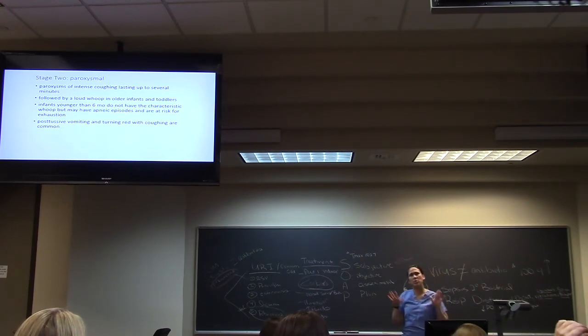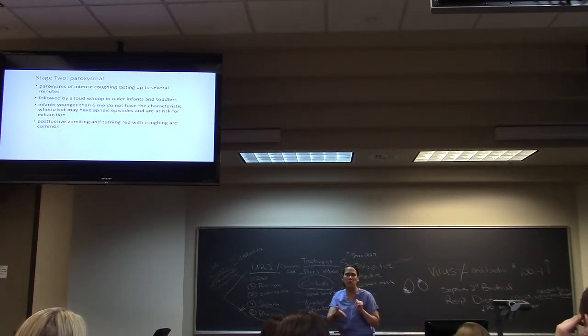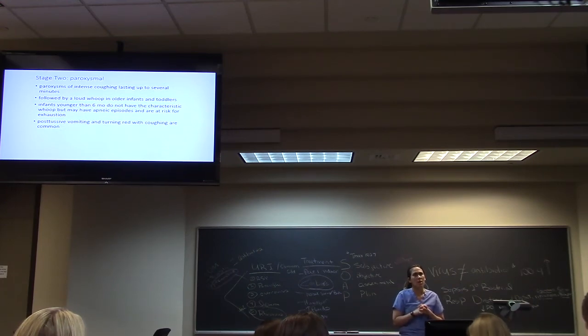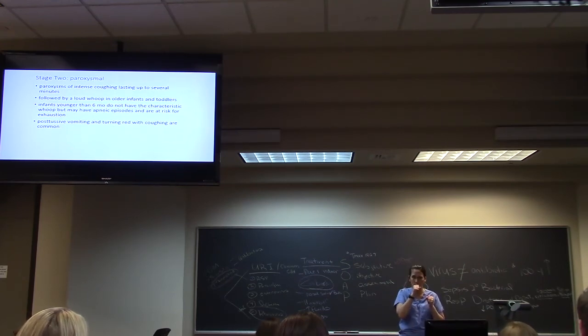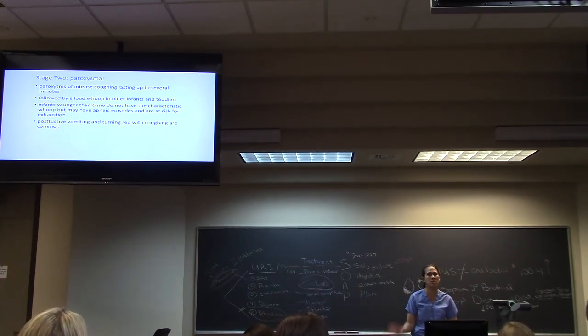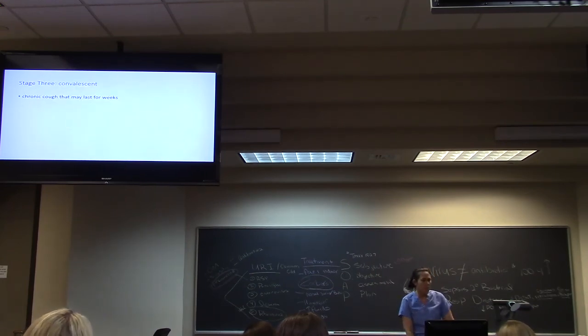The third bullet point, don't pay too much attention. Younger ones don't so much have the whoop, because kids don't know how to do that. They may just not breathe, they may have an apneic episode where they just sit there, not breathing, and then go back into coughing. Post-tussive emesis is when a person coughs so much that it makes them vomit, because they get gagged. You've probably done it if you've ever had a really bad cold. They cough, cough, and vomit. That's post-tussive, and it should say emesis to get real technical. Post-tussive vomiting. Stage 3